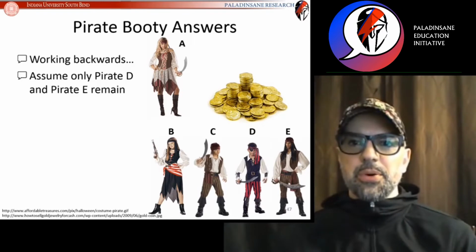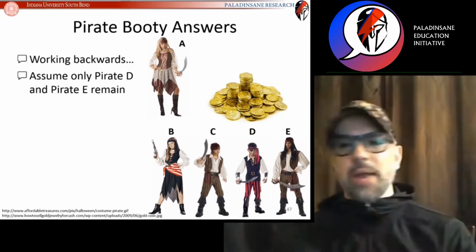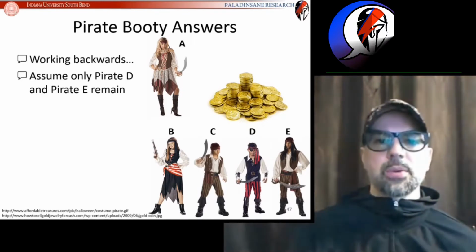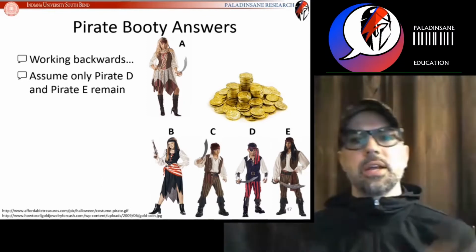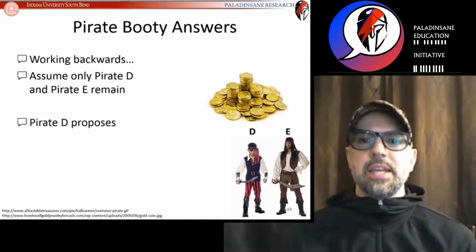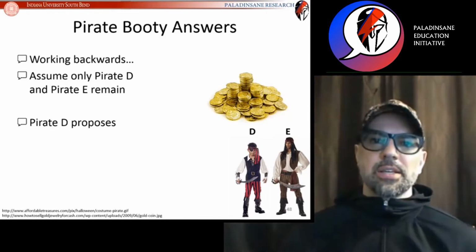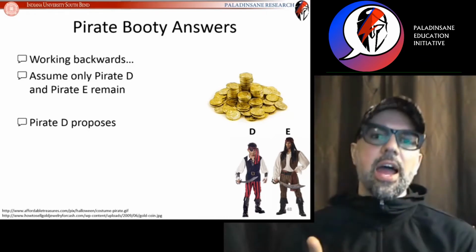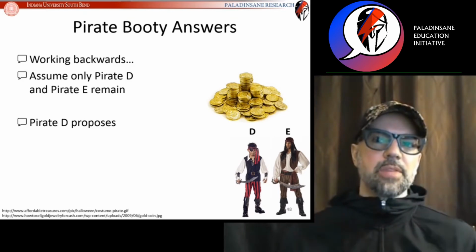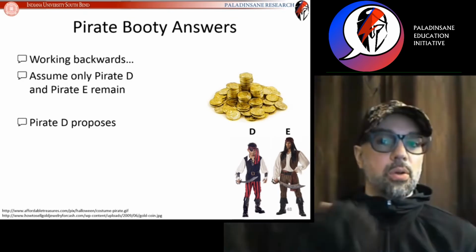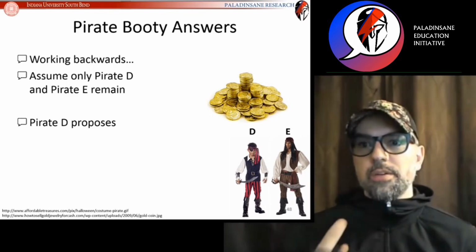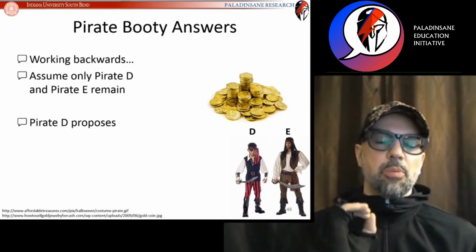So Pirate A put in an allocation, she got thrown overboard. Pirate B put in an allocation, she got thrown overboard. Pirate C put in an allocation, he got thrown overboard. Now it's just down to Pirate D and E. So in this case, remember that if it's a tie for the allocation, then the allocation is approved. So you only need, in this case, 1 vote, right? 1 out of 2. So because of that,